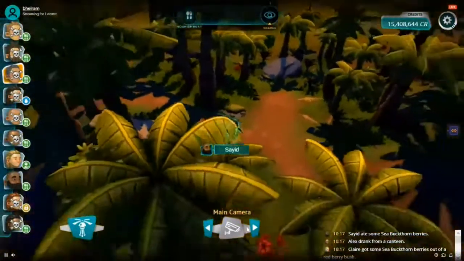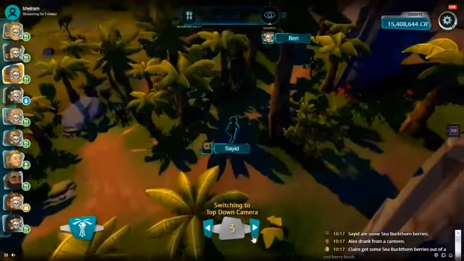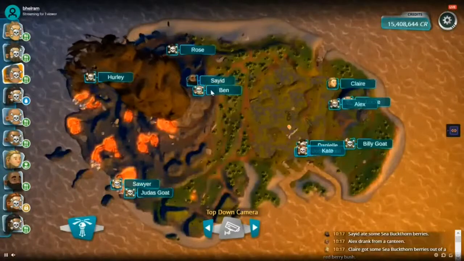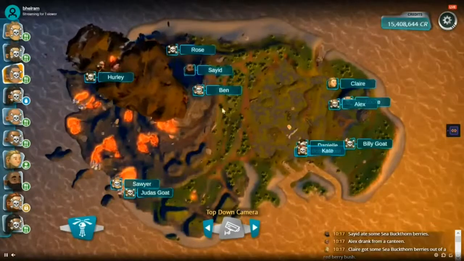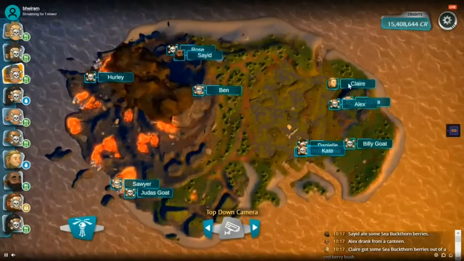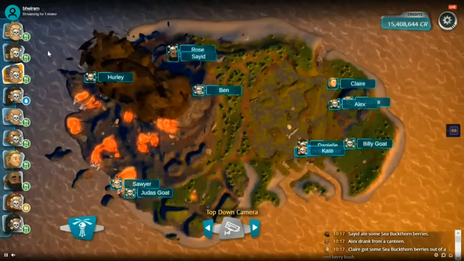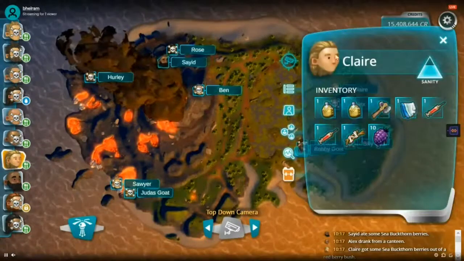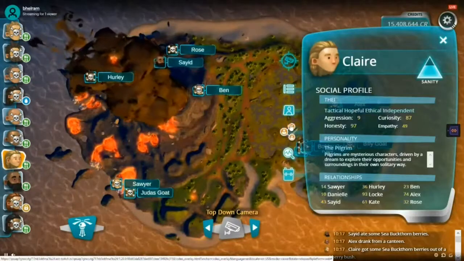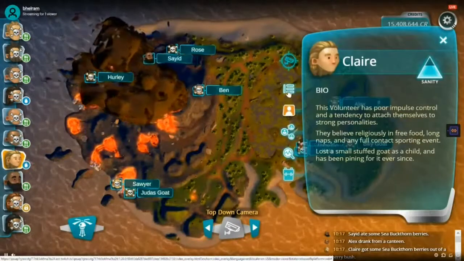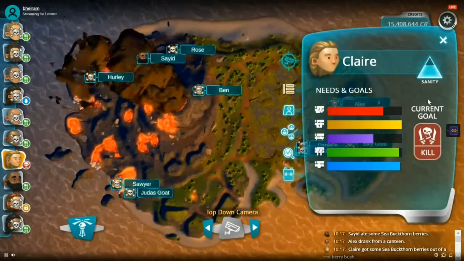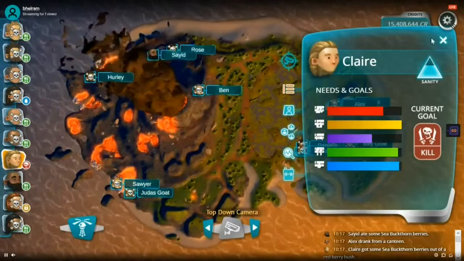We'll jump to a different camera view. Again, you see the counter that shows that we're going to a different camera angle. Here we go. We've got Saeed here, Claire here, and we can do something to determine which one of these two players is the last to go. As we choose Saeed or Claire here, we get an idea. Each of these characters, they have backgrounds, they have statuses, injuries, social profiles, biographies of who they are and what they've been doing, needs and goals. And this person's goal is, ooh, this person now wants to kill. Well, that can be kind of scary.